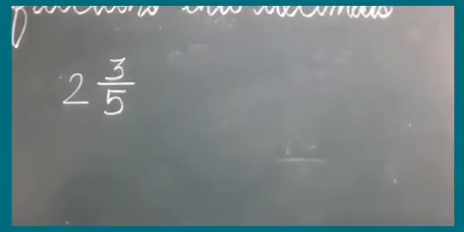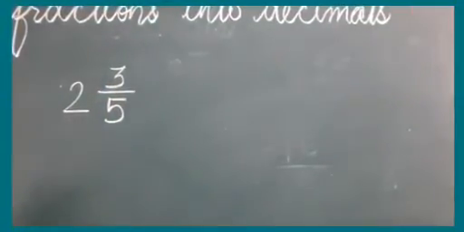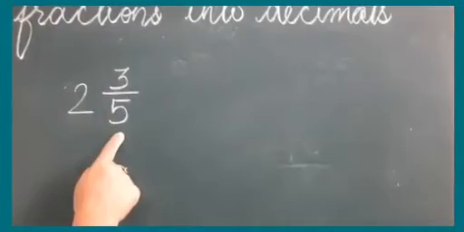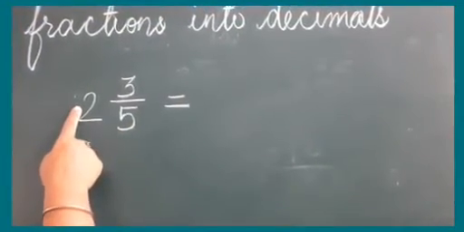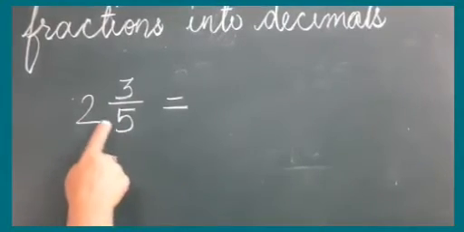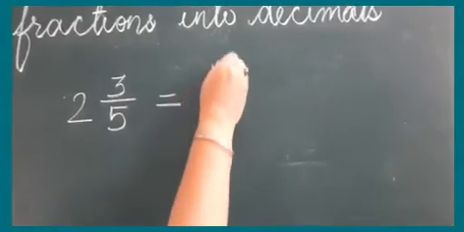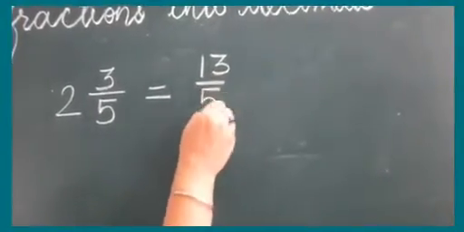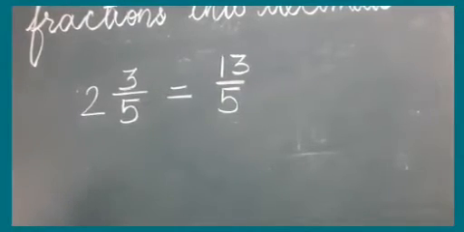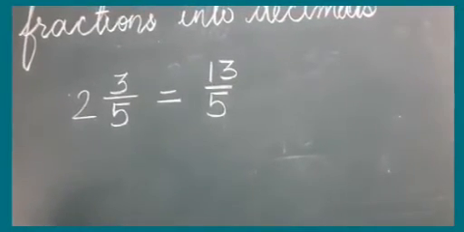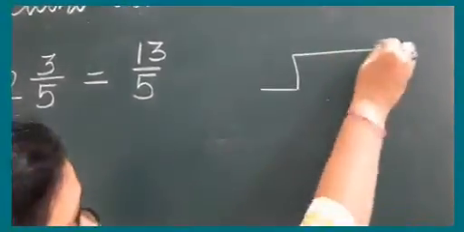Now let us do one question with a mixed number. Now it is 2 whole 3 by 5. One method is that first we can convert this whole number into an improper fraction. So multiplying this whole number by the denominator, 5 twos are 10, and adding the numerator, 10 plus 3 is 13. The number becomes 13 by 5. Now we can do the division, or we can convert it into a like fraction of denominator 10, and we can do it further. Okay, so I am doing the division method only.